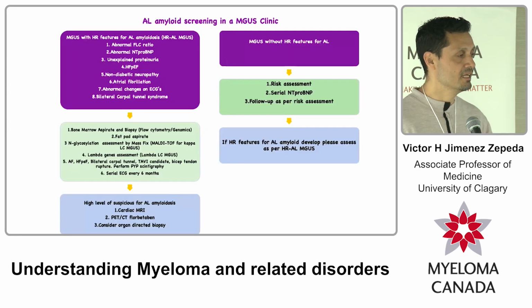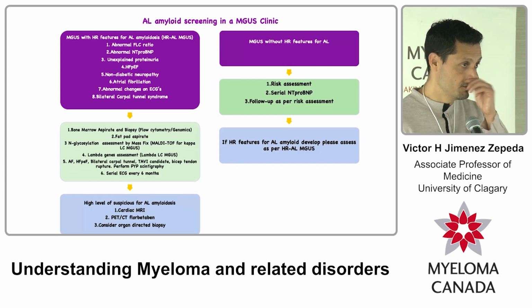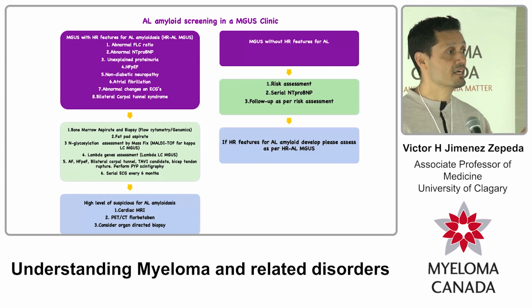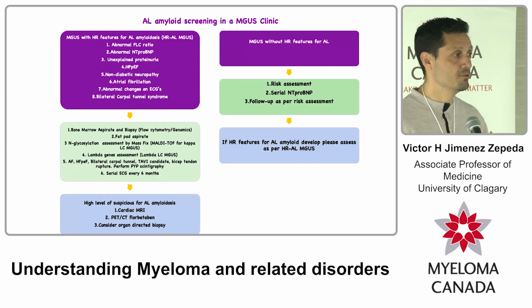And we did something that is quite unique here in Canada. It's the first clinic that we have in Canada, and we created it here in Calgary. This is thanks to Dr. Sylvia McCulloch, another hematologist in the group, and Dr. Mackey, our pathologist, where patients get screened for amyloid by doing a bone marrow and a fat pad biopsy if they have markers that may be suggestive of that. And this is quite unique. It's the first amyloid screening clinic that we have